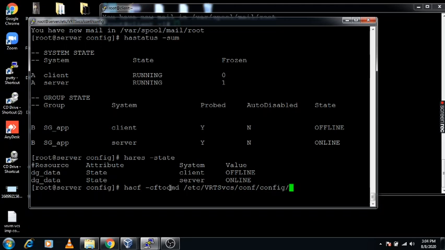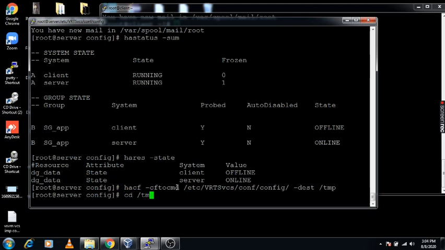This is the path for this main.cf file, and I am giving the destination using -dest followed by /tmp. Now using this command, this main.cf file will be converted into cmd.